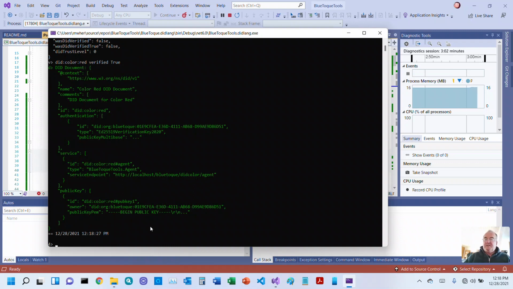And voila, here in green, we first find that it's verified true, which we would expect, and then we can see an example of a did document. It might not be using the most current schema for did documents, but this is an illustration. We can see that the ID is did::color::red. And down here we see there's a service endpoint called